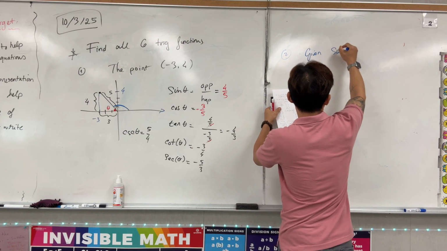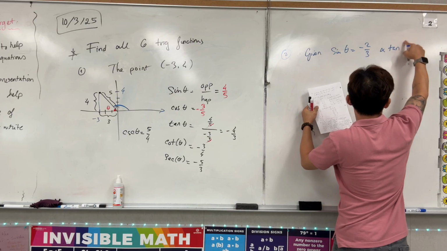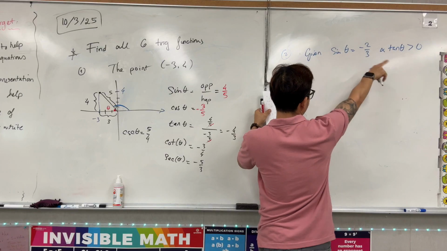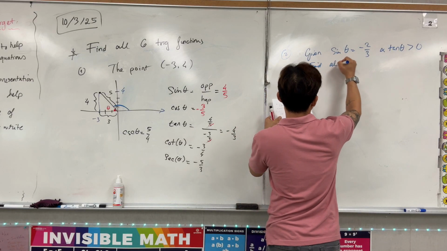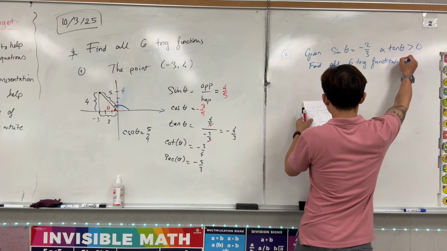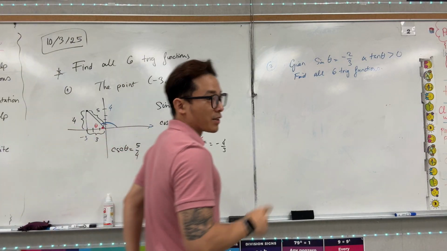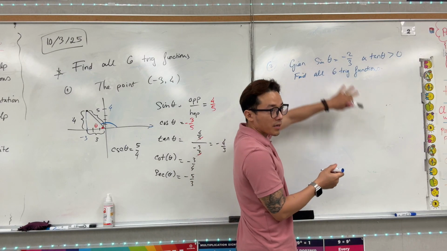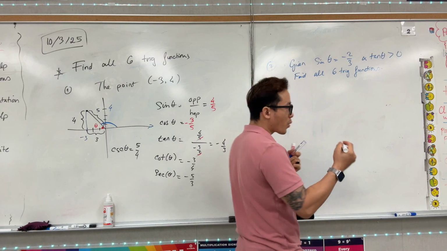Given sine is negative 2 over 3, and tangent of that is larger than 0. So that's the information. Same thing, find all the 6 trig functions. Alright, find this. Greater than 0. One way is you can use the Pythagorean theorem, right? Like sine squared plus cosine squared is 1. The other way is